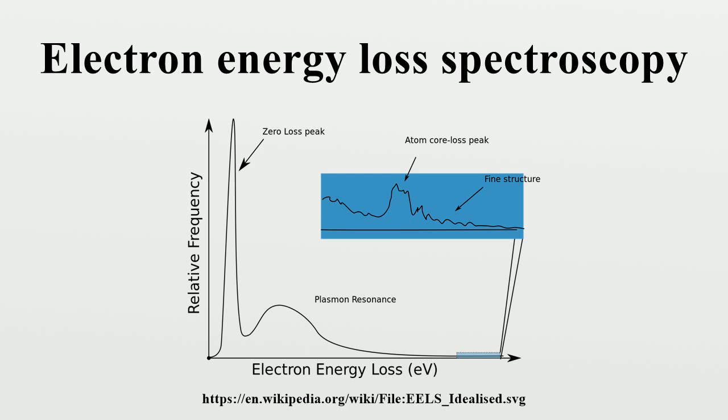SCELM takes advantage of the newly developed chromatic aberration corrector, which allows electrons of more than 100 electron volts of energy spread to be focused to roughly the same focal plane. It has been demonstrated that a simultaneous acquisition of the zero-loss, low-loss, and core loss signals up to 400 electron volts in the confocal geometry with depth discrimination capability